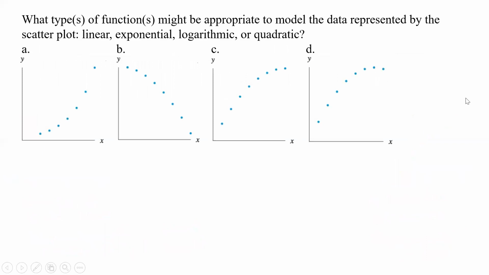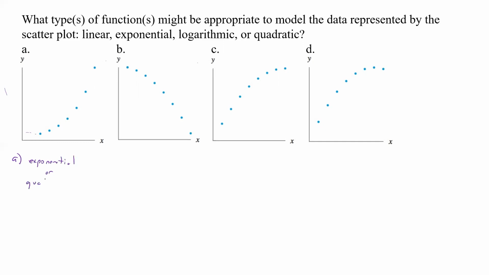All right, so now we're supposed to determine what types of functions might be appropriate to model the data represented by the scatter plot: linear, exponential, logarithmic, or quadratic. All right, so with A, what are we going to say here? Well, A, it looks like it's going up. And so, that could be some kind of an exponential model because it's going up. It might have this asymptote here. But maybe it could come over here and it would go up on this side too. So I would say exponential